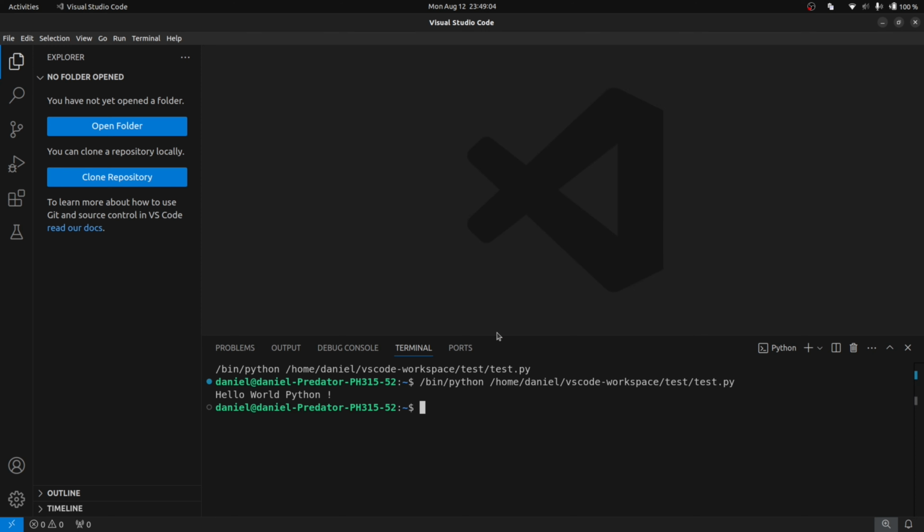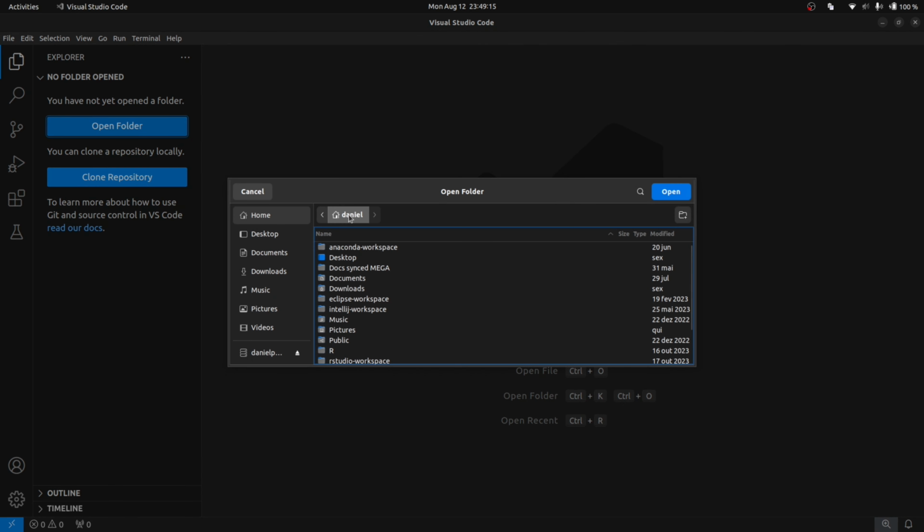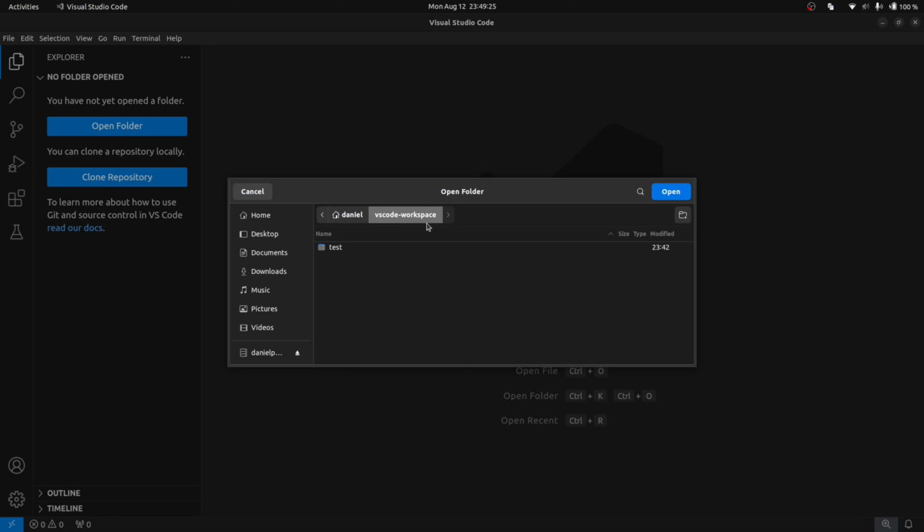Okay, so you can close this. You can also close the integrated terminal here. If you wanna open the project folder, you just gotta click here and go to VS Code workspace and the folder of the project we are dealing with. So it's the test folder here,